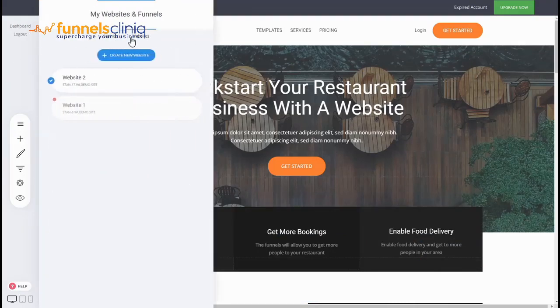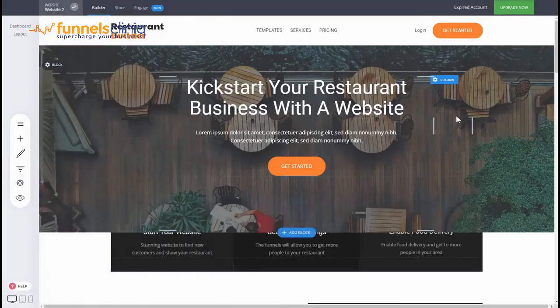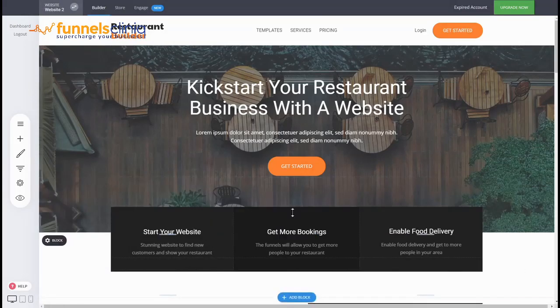So this is how easy it is to create a new design, a new website with a new template, and you can activate it and deactivate the old one. This way you can swap, you can clone this website, for example, duplicate it, build another version, test it out, and you can activate the different versions whenever you decide. So this is the beauty of having projects and the ability to create